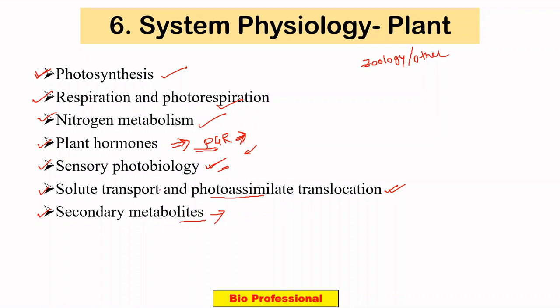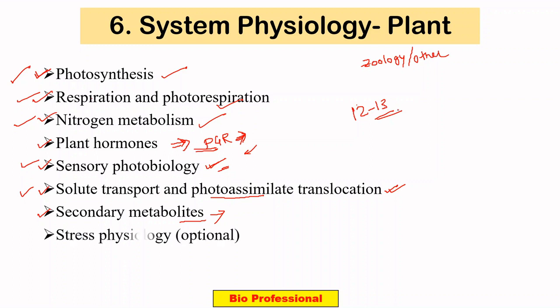So ultimately you just have to prepare this part: photosynthesis, respiration and photorespiration, nitrogen metabolism. You can skip this part, sensory photobiology, and this part. If you can prepare this part, you can get ultimately like 12 to 13 marks for sure. Okay. Now let's move on to